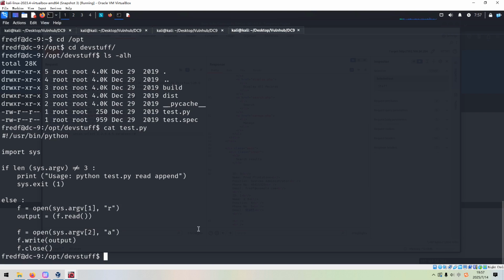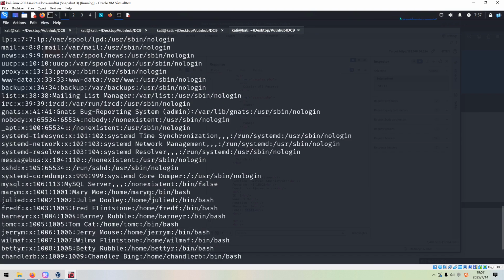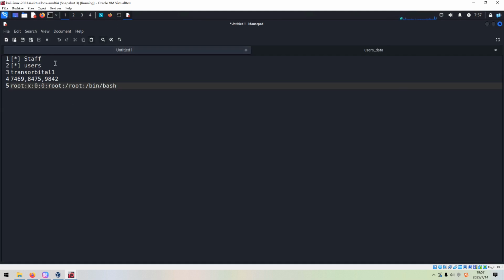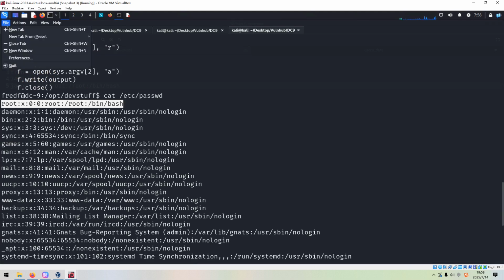We can write a new line to the password file, and this new line contains a new user, and this new user has the root privilege. Let me show you what I mean. Cat password, and we can copy the first line, and of course you can use any username like JSON, but also we need to create